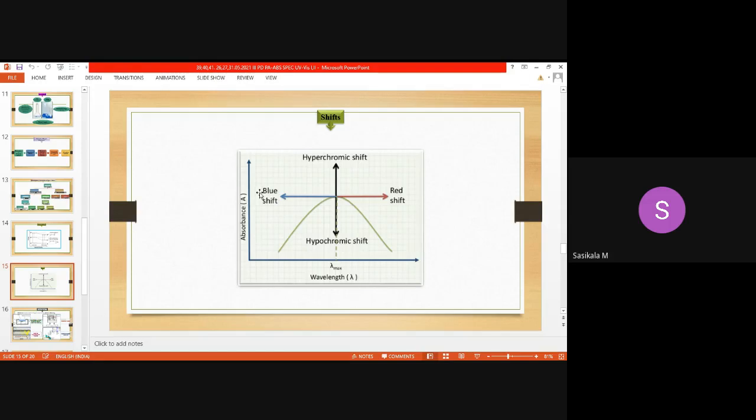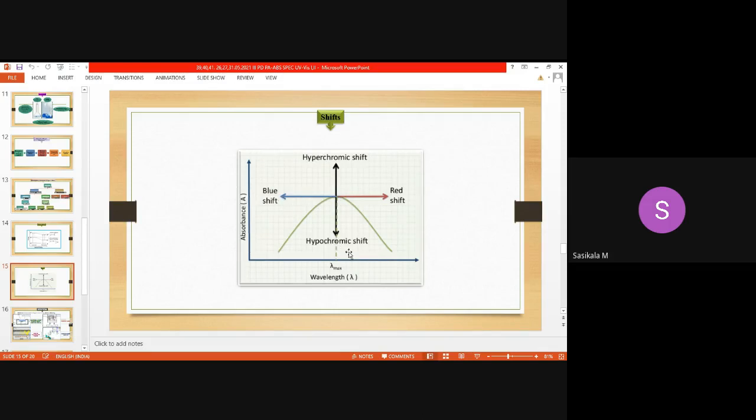So when will it become blue shift? If we reduce the double bonded nature in the compound, or if you remove any chromophoric carbon, or any oxochrome group, oxochromic system in the molecule, then the molecule will require higher energy radiation for its absorption. In that case, lambda max will be shifted towards lower wavelength, blue shift. Okay, so this is how the shift occurs from lambda max. So what are the four shifts? Hyperchromic, hypochromic, blue shift, red shift.